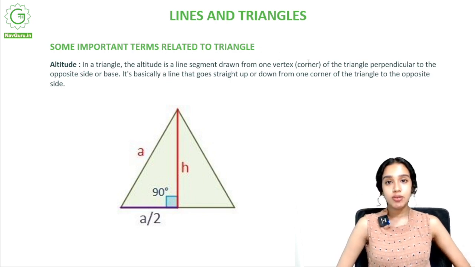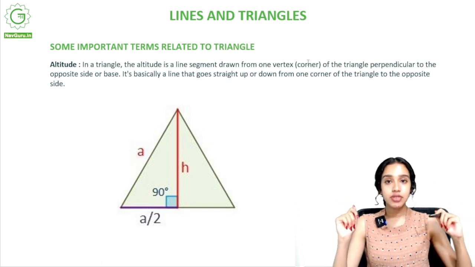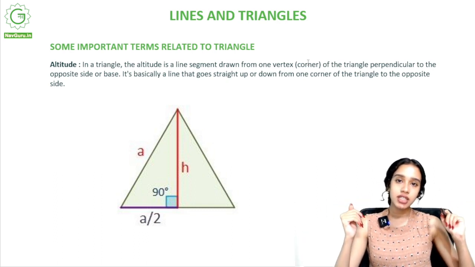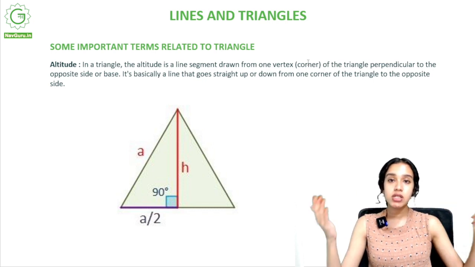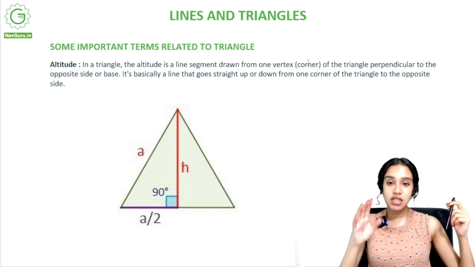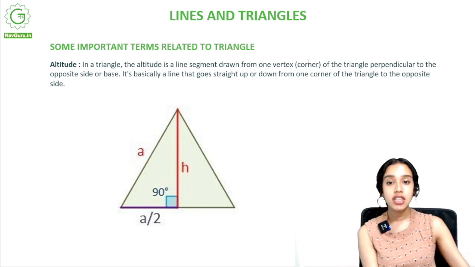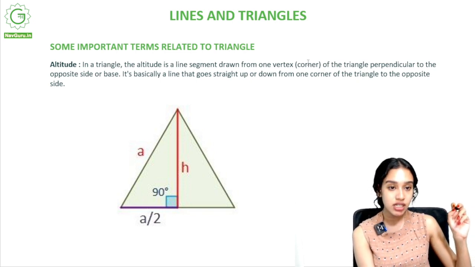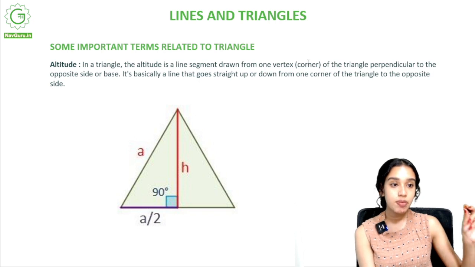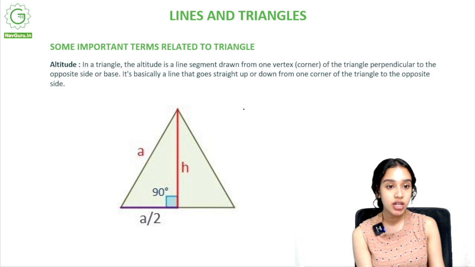So altitude. What is altitude? What does it remind you of when you hear the term altitude? Altitude basically means the height of a thing. We say that we are at an altitude of so many meters above the sea level. What does it mean? It means that we are at a particular height above the sea level, right? Now, in a triangle, the altitude is a line segment drawn from one vertex, that is the corner of the triangle, perpendicular to the opposite side, the base. It is a line that goes straight up or down from one corner of the triangle to the opposite side,